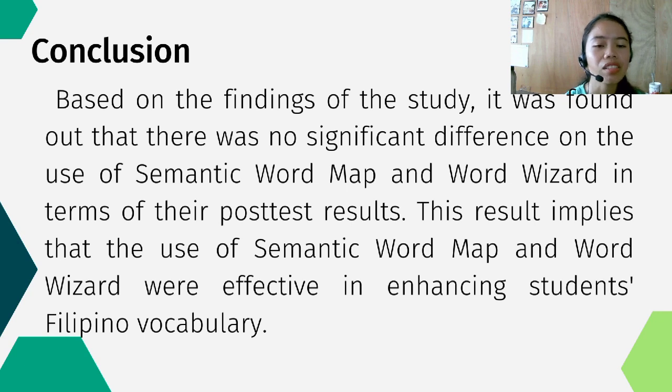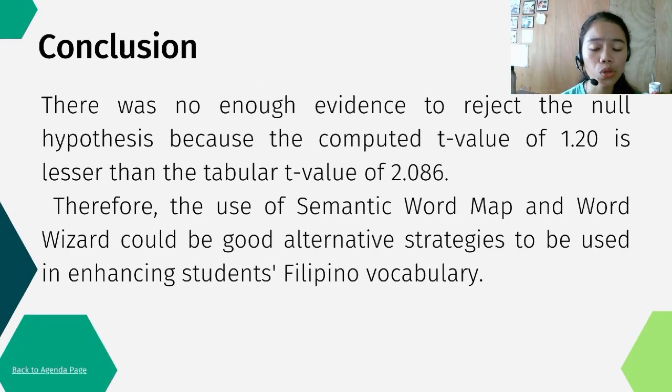For the conclusion, based on the findings and the data gathered in this study, it was found out that there was no significant difference in the use of semantic word map and word wizard in terms of their post-test result, which implies that both strategies are very effective in enhancing students' Filipino vocabulary. And there was not enough evidence to reject the null hypothesis because the computed t-value of 1.20 is lesser than the tabular t-value of 2.086. Therefore, the use of semantic word map and word wizard could be good alternative strategies to be used in